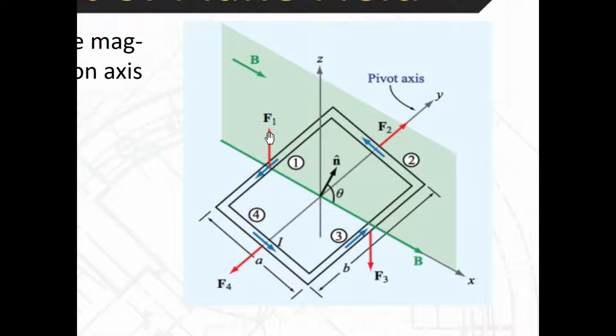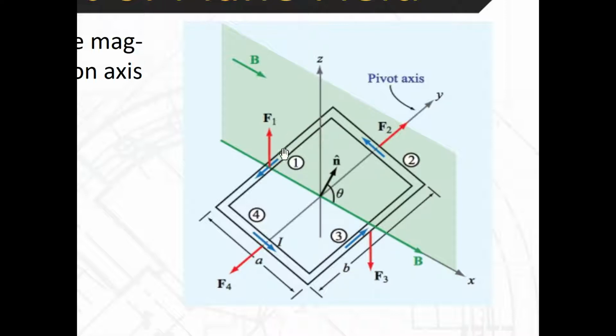Okay, and the interesting thing is this happens regardless of the angle theta. The direction of the force doesn't change, just the magnitude of the force does. So this force is always in the positive z direction, and this force is in the negative z direction. Now, think about this. When the angle theta is equal to 0, in other words, when this is on top and this is on bottom, so this one becomes aligned with the z-axis. When that happens, then the force is going to be,